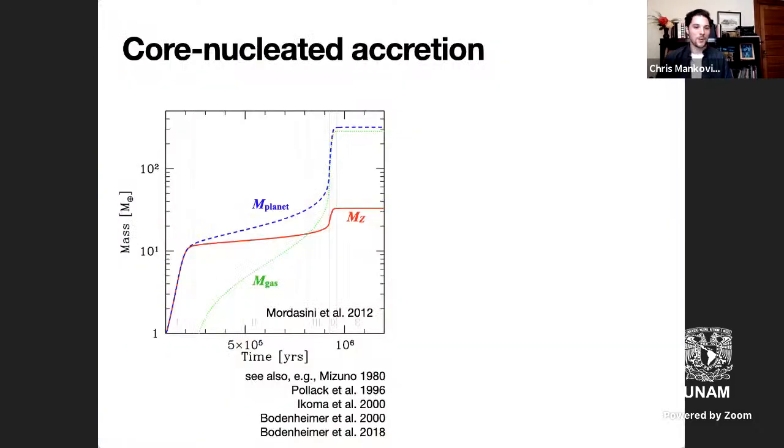So a big question we want to answer for giant planets is what's the nature of their formation process, and the related question of what's the nature of their cores. The prevailing theory for how giant planets get assembled is the theory of core nucleated accretion and the related theory of pebble accretion. This is a picture from a classical style core accretion simulation that can build a giant planet, like say a Jupiter. And the basic story is that there are distinct phases.